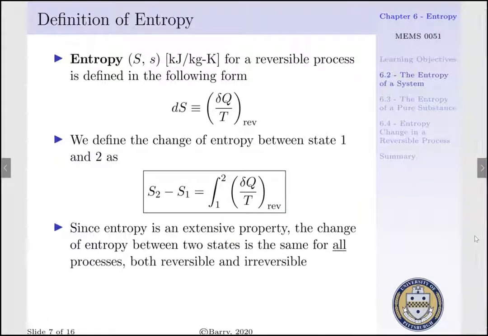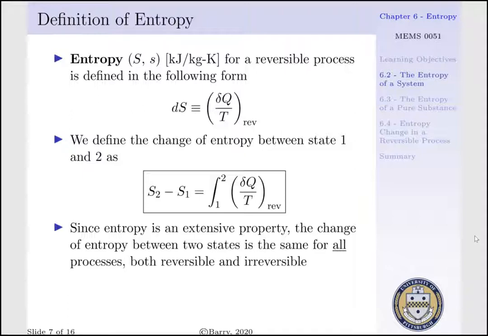Therefore, we define entropy, denoted by capital S, or on a per mass basis lowercase s, which has units of kilojoule per kg K, for a reversible process as ds equal to delta Q per T. We can define the change of entropy of our system between our initial and final state, i.e. state 1 and state 2, as S2 minus S1 is equal to the integral from state 1 to state 2 of